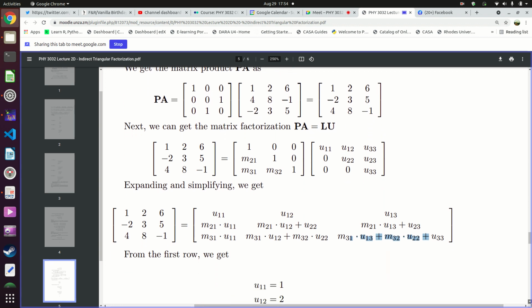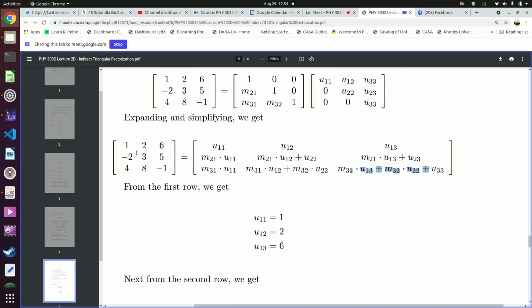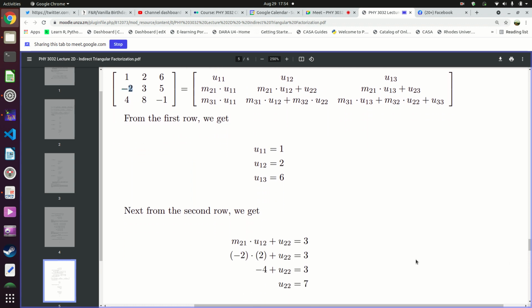From what we have, you can see that this 1 is going to be equal to U11. So U11 is going to be equal to 1. U12 is going to be equal to 2. That's what you have here. Then U13 is going to be equal to 6, which is what you have here. Then M21 U11 is going to be equal to minus 2. So you end up with M21 U11 plus